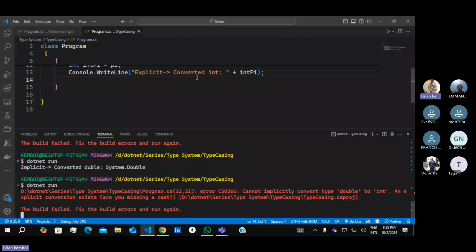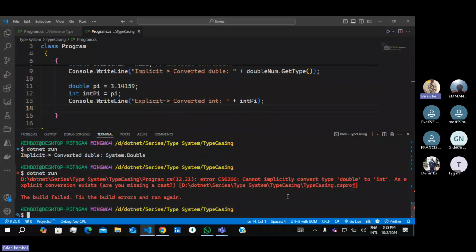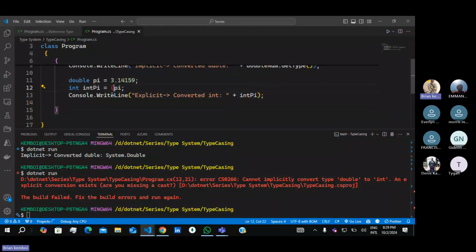So you could see there is some error in this application. It tells you that it cannot implicitly convert a type double to an int. It asks, are you missing a cast? So when you're reading these error messages, it also tells you what you should do. To add a cast, you just add some brackets there,